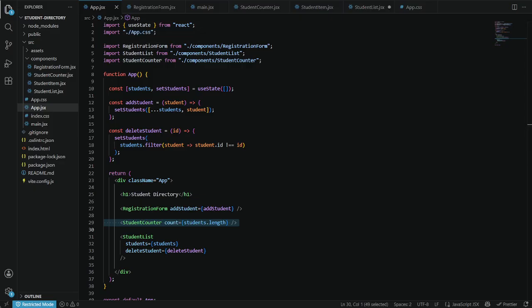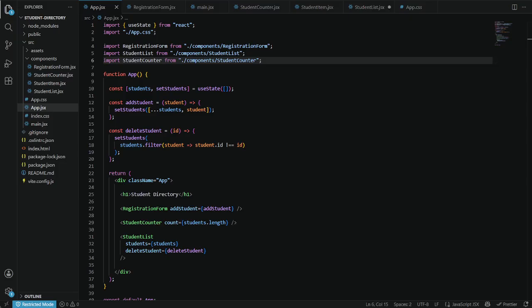And then the components, actually it's four: registration form, the student list, and the student counter. Each component has its own task so that the code is organized and easier to manage, and easy to see.